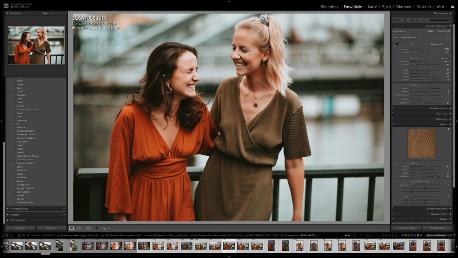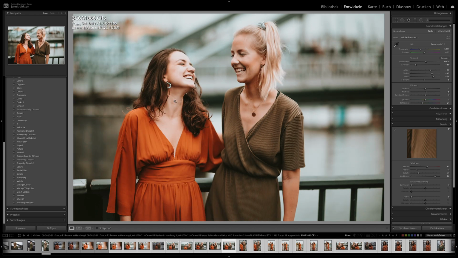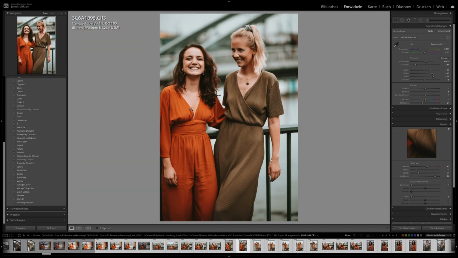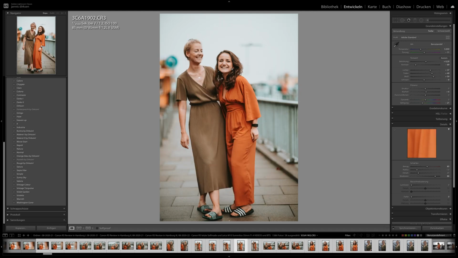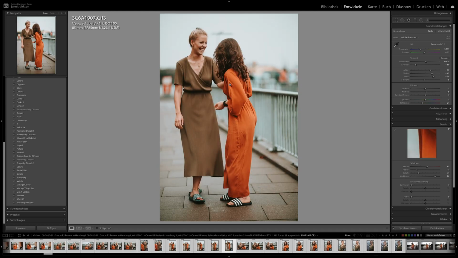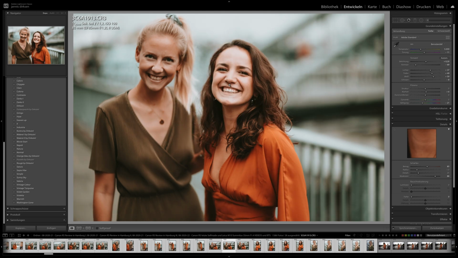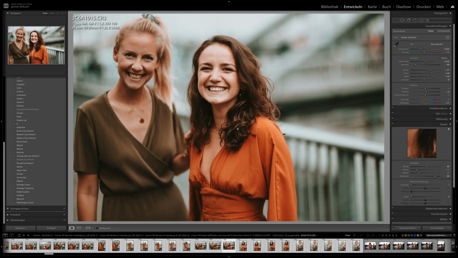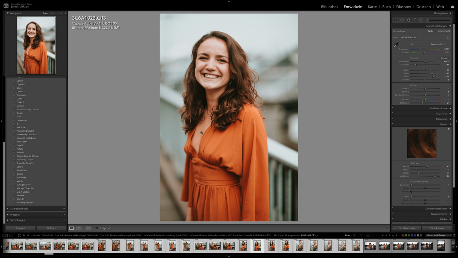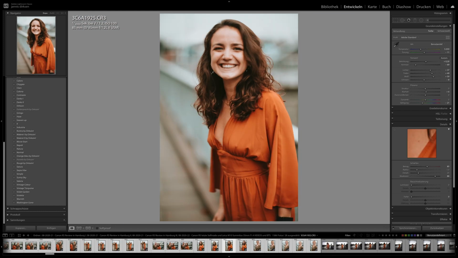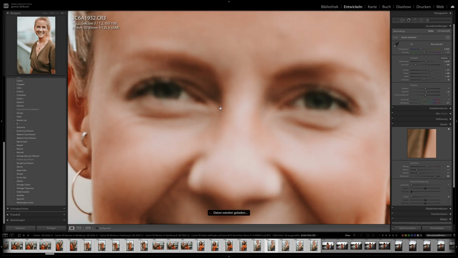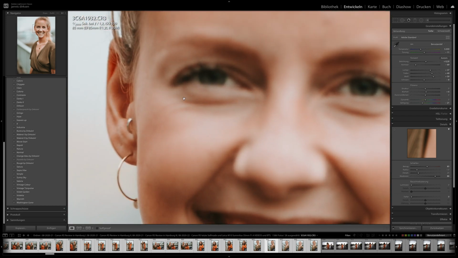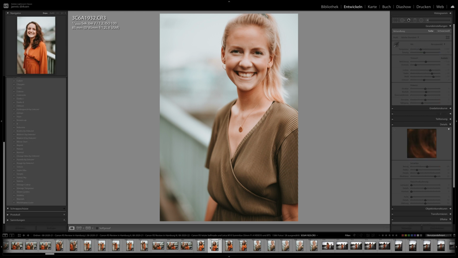You see sometimes the AF goes off, but 90-something percent of the time it hits exactly where it should hit without you having to do anything. I don't have to set the focus point. I just start the camera, say don't use focus points, photograph faces, and then I just need to hold the camera in a way that the face is in the frame, and then most of the time the face is in focus. Now sometimes you see, here the ear is in focus, I think here also,